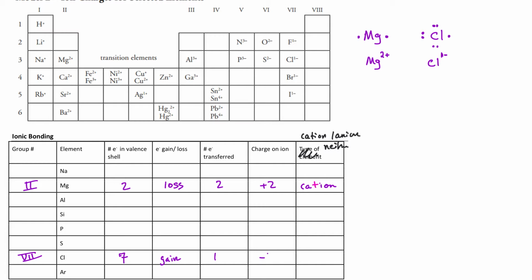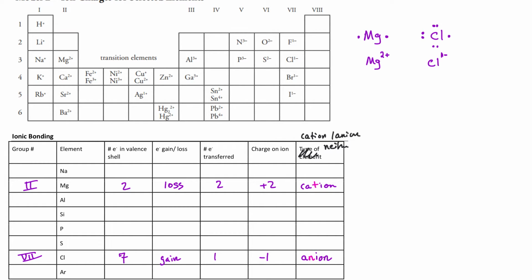And when it does, it becomes -1 charge, and because it becomes negatively charged, it's an anion. So negative. The letter that goes before the ion kind of indicates whether it's positively charged or negatively charged. And in this case, it's the N is for negative, and T is kind of like, looks like a positive,